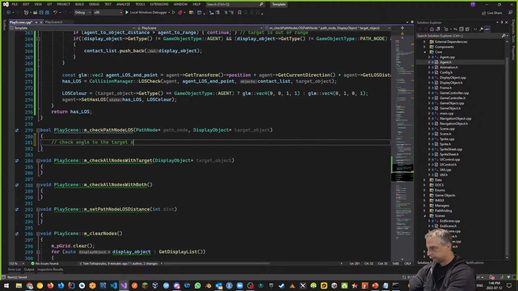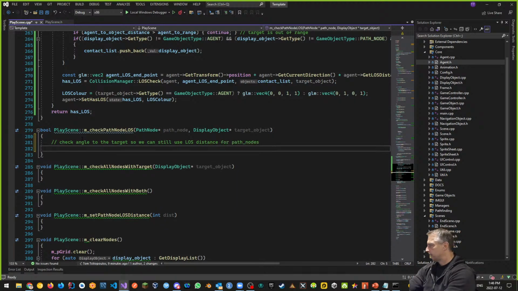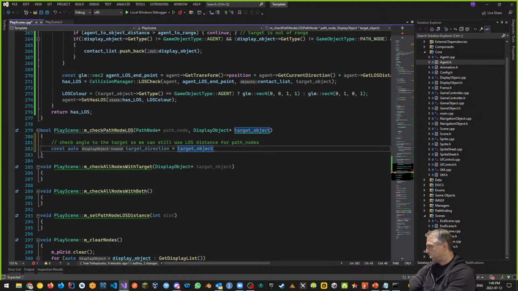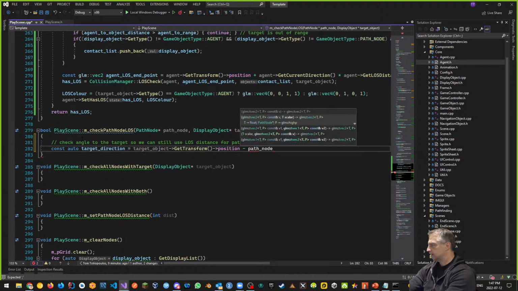So we can still use line of sight distance for path nodes. How does this work? We're going to say const auto, and we're going to use the target direction, whatever that direction is going to be, the target object's get transform dot position. So whatever the target object is, this is the target direction, the direction to the target from the path node, minus whatever the path node is,